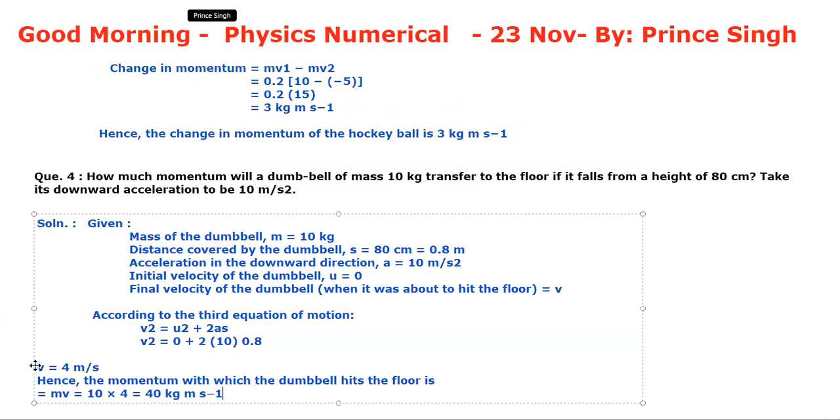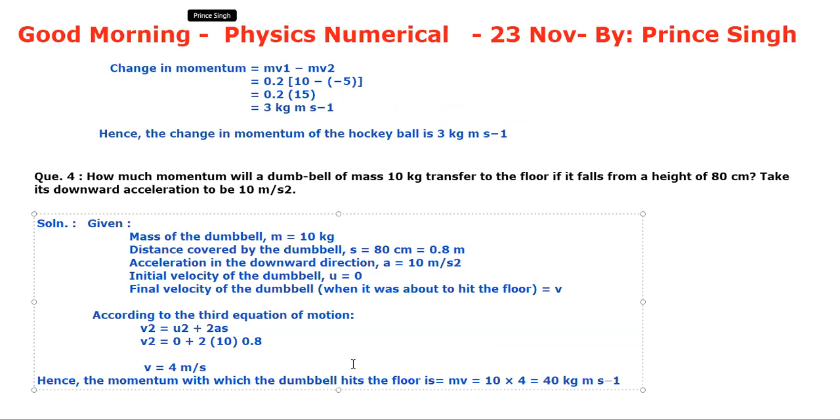The answer is finally 40. The v will be 4 meter per second. Hence the final momentum of the dumbbell as it hits the floor is mv, mass into velocity, that means 40 kg meter per second. Okay, so